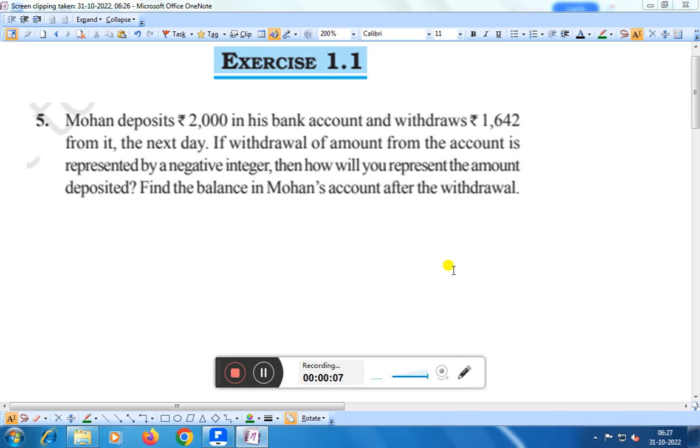Mohan deposits rupees 2000 in his bank account and withdraws rupees 1642 from it the next day. If withdrawal of amount from the account is represented by a negative integer, then how will you represent the amount deposited? Right? Here you can solve this problem in this way, that is